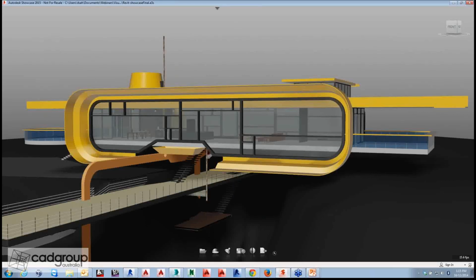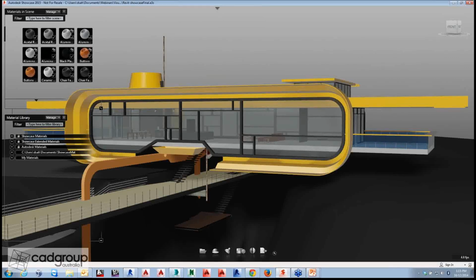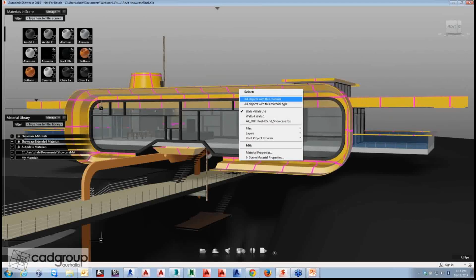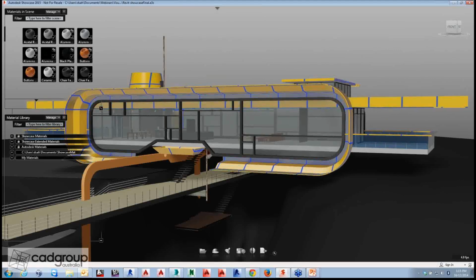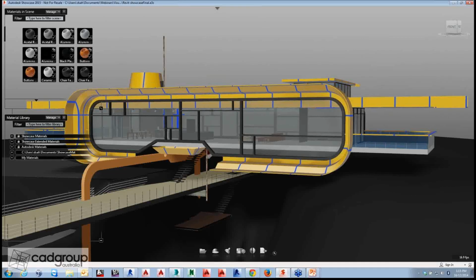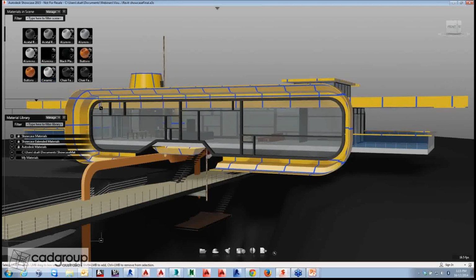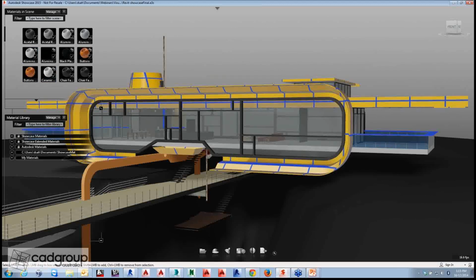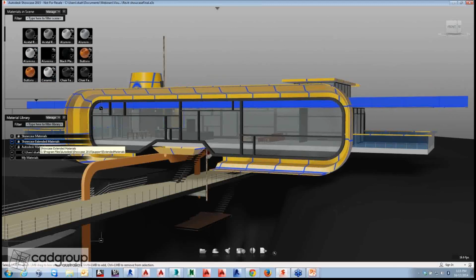Now we could see there are a couple of features I'll be talking about within Showcase. First of all is called Live Materials. Now I'm going to press a keyboard shortcut, M, to get the material rollout. I'm going to select, let's say, one of the objects, and there is a function in the right-click menu called All Objects with this Material. This is how I can make the selection easier, and if I need to change materials, we can change them on the fly. So I have selected the objects with the same material in this scene, and if I need to change with different materials, we can simply use one of the existing materials in the scene,